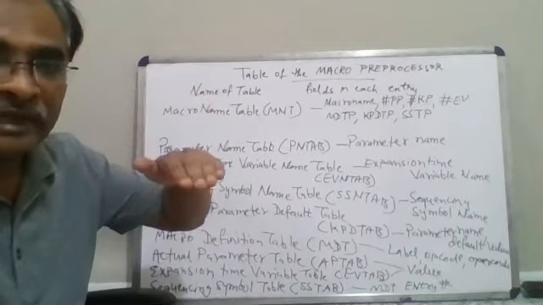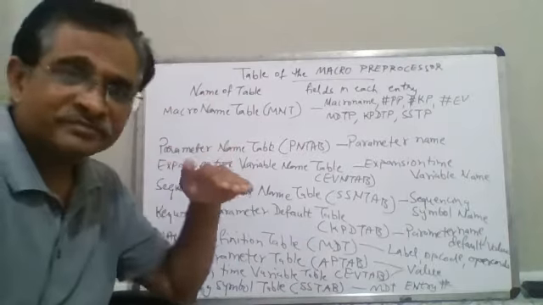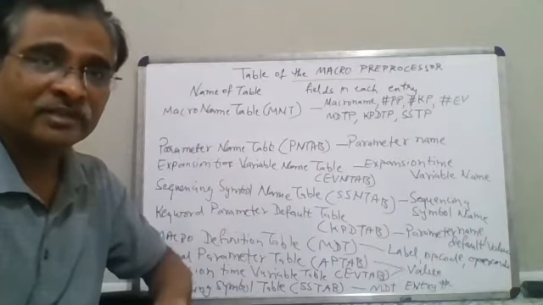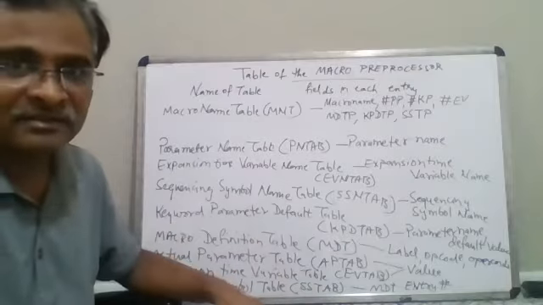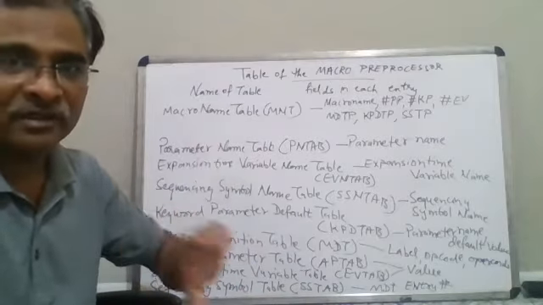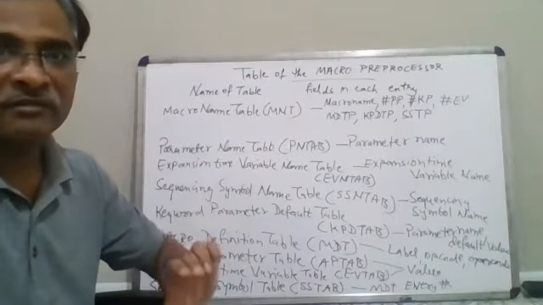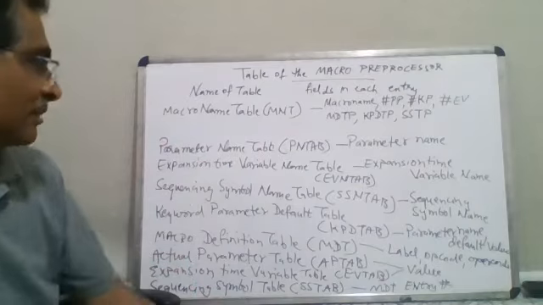And if there are multiple macros, what normally is done is that we don't go for separate tables. Instead, the same MDT table would be continued with the index pointers maintained in the appropriate way, right? So it will be applied to all the data structures. For one macro, it is going to have one index. For another macro, the same table, but after the first macro is finished, there will be a pointer which is going to point to the next macro, and so on. In that way, it is going to be managed, right?